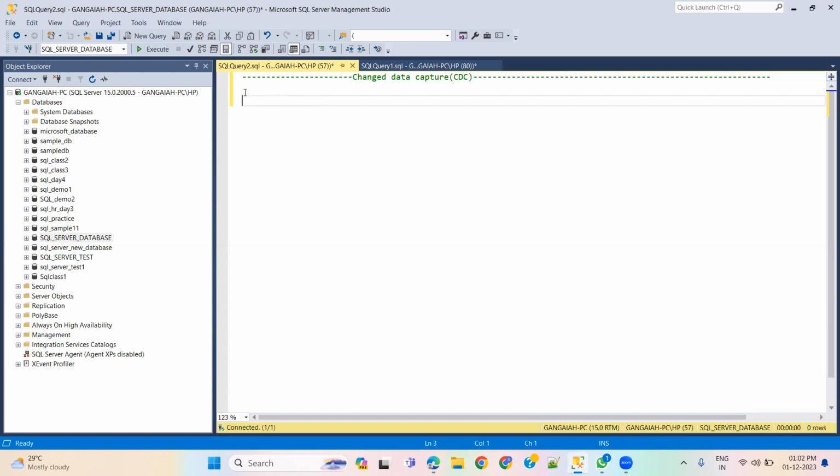Whenever we are inserting, updating, or deleting records, it will be applied on the SQL Server tables. It provides an efficient and reliable way to identify and retrieve changed data. There are three types of SCDs in SQL Server. So SCD means